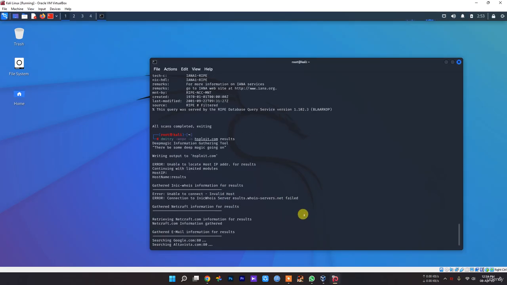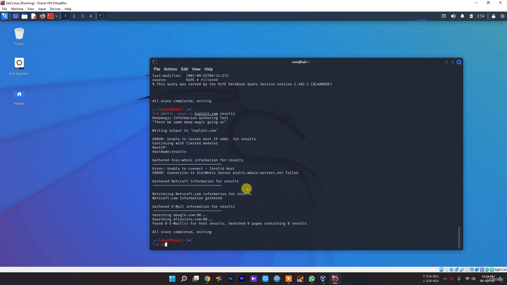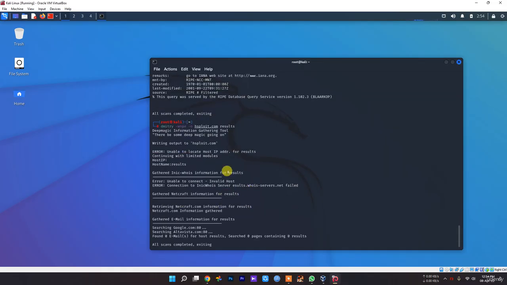It will give us the basic information, and it will put all the results on the desktop if you are in desktop mode, or it will save all of those in our root result.txt file. So it's going to start gathering all the information. As you can see, it will take some time, so make sure you give it a couple of minutes, like 4 to 5 minutes, because it will load up a couple of pieces of information, and then this will essentially combine all of those